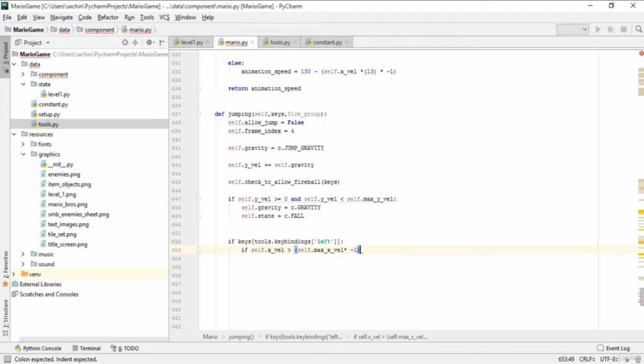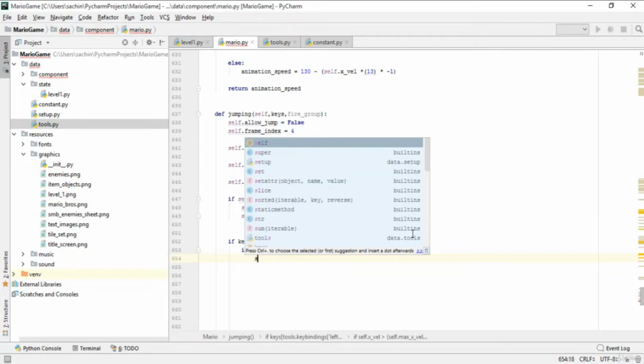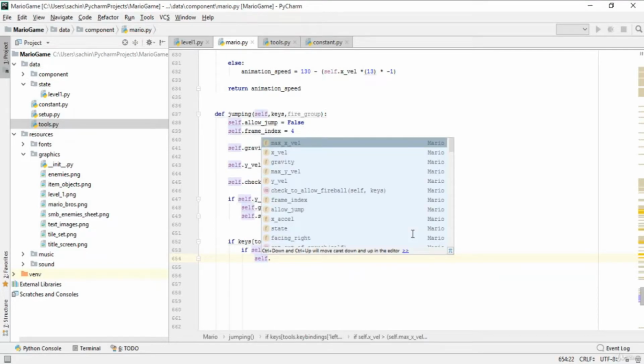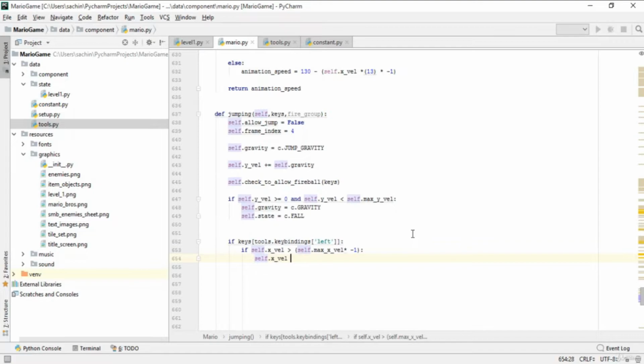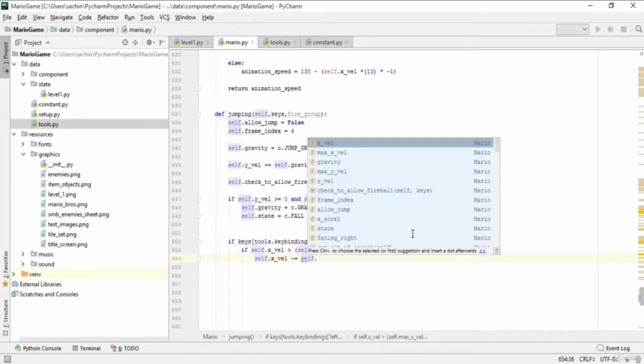Basically for the left, this is for left, and -1 is to check for the opposite of maximum velocity. Then we'll say self dot x velocity, that is the velocity at the x component, should be softened with this acceleration, that is, let me just give here x acceleration, that should be somewhere